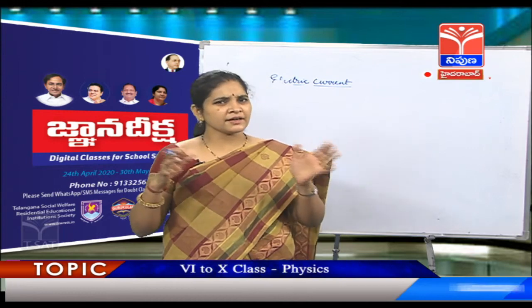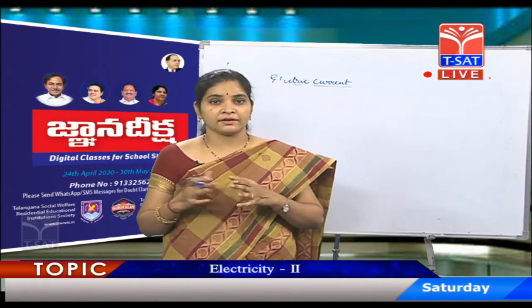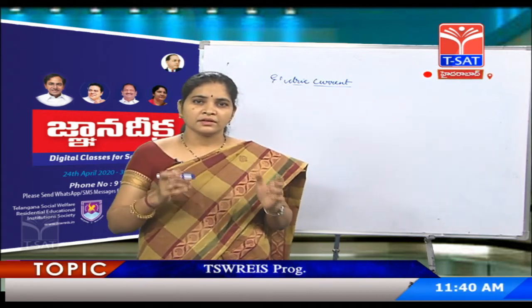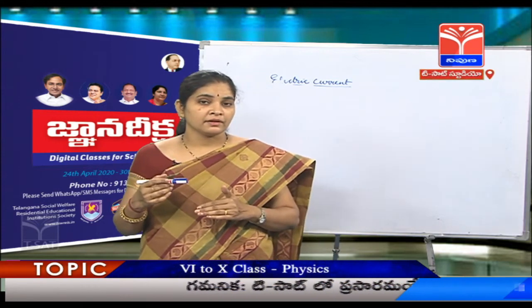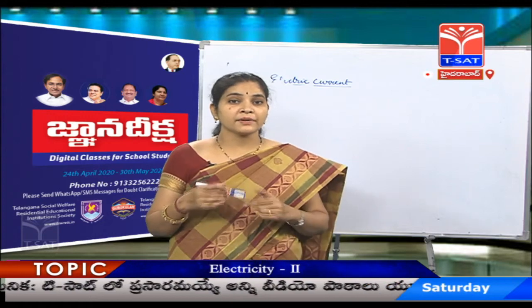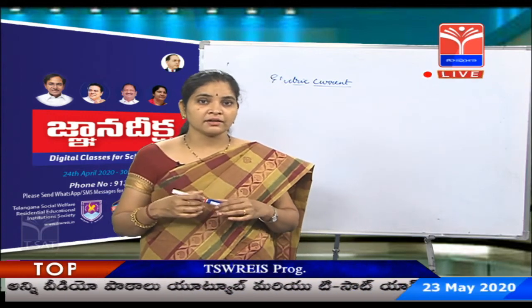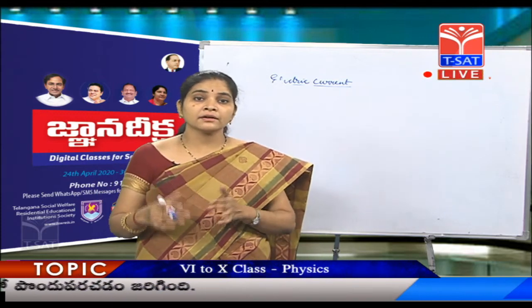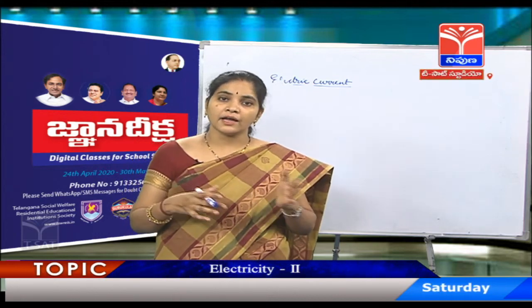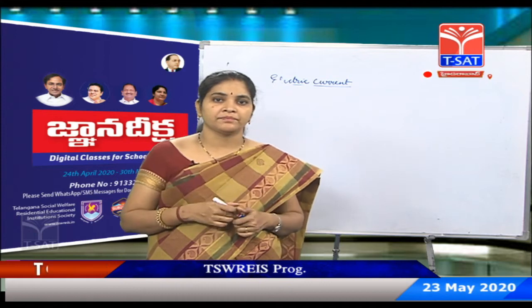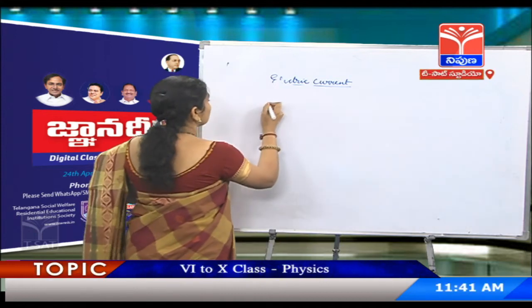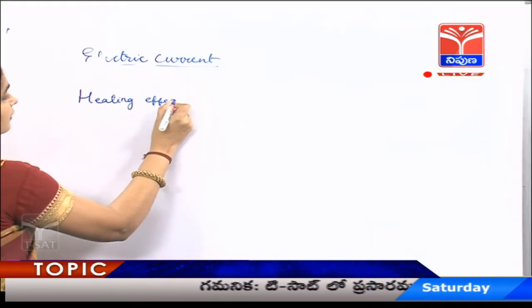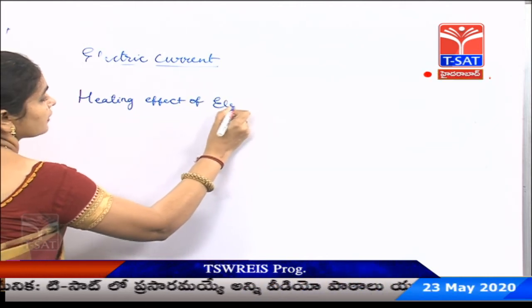These heating devices contain nichrome wire which has high resistivity. Children, the filament of the bulb, as we have discussed earlier, is made up of a metal called tungsten which has high resistance. As soon as the current passes through the wire, it turns red hot and emits heat and light energy. So, these are the applications of the heating effect of electric current.